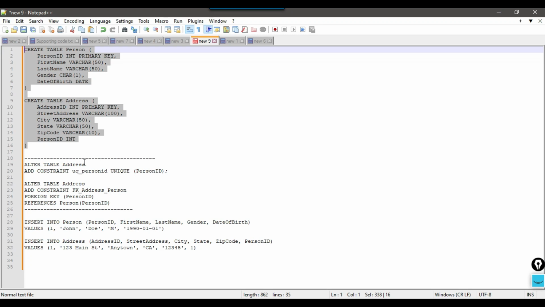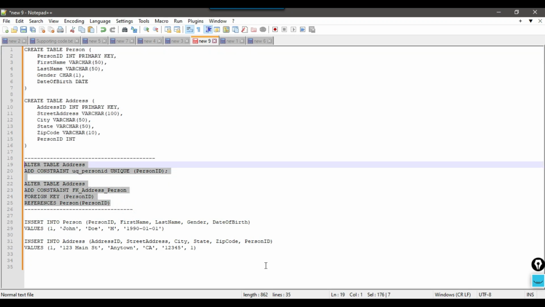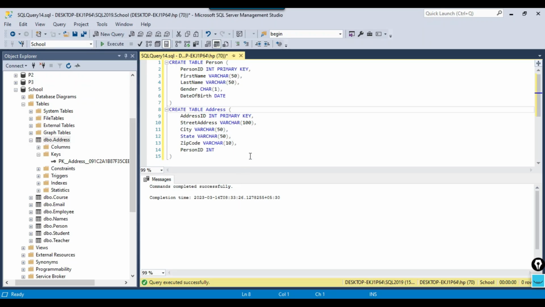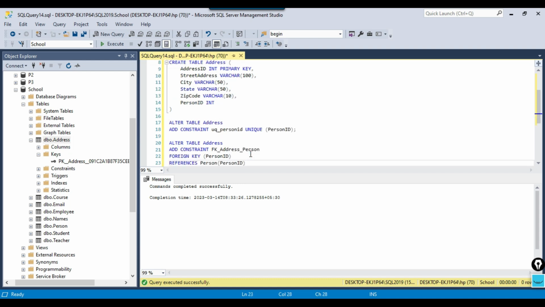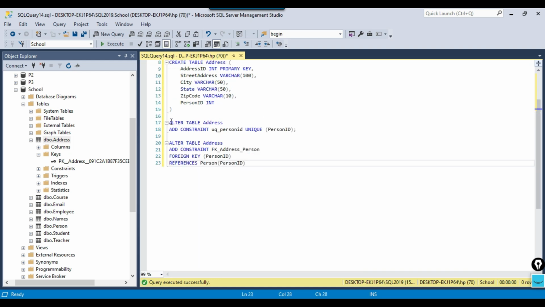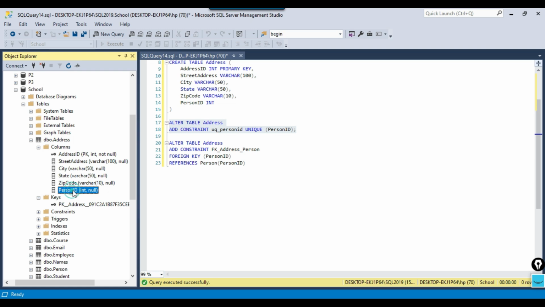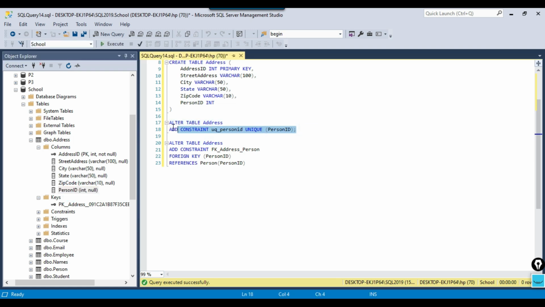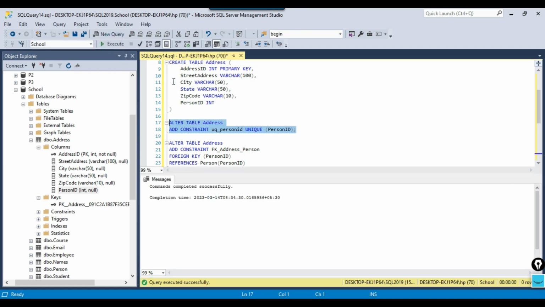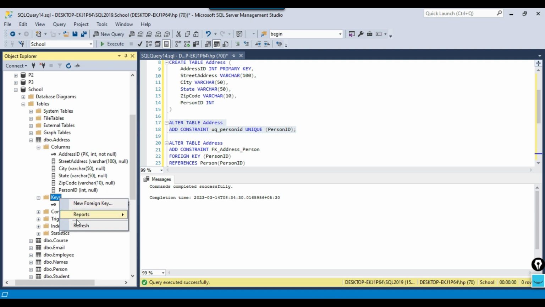Now what we need to do is add a unique constraint on the address table. I can paste the query here. We will create a unique key on the person ID in the address table. This way only one record per person can be inserted into the address table. Let me select this query and click on execute. The query ran fine, and now if you refresh the keys, you should see a unique key here,